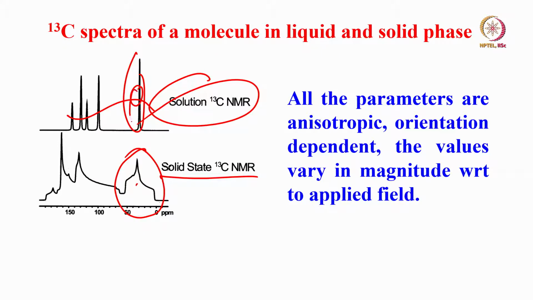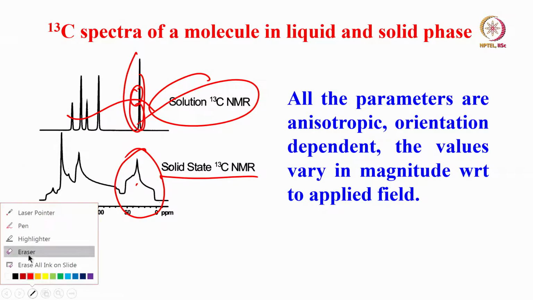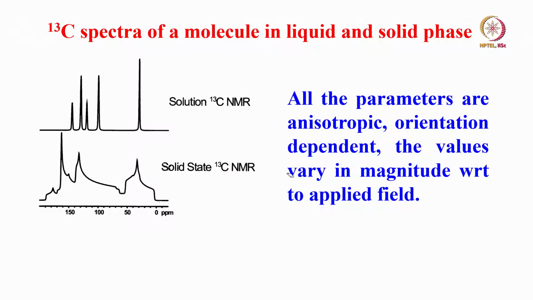So for this particular carbon, from the NMR spectrum itself, looking at it, I can tell you it is axially asymmetric. You can look at it. This is what we understood as axially asymmetric pattern. This carbon is axially asymmetric. Look at this one, this carbon. It has an orientation like this.